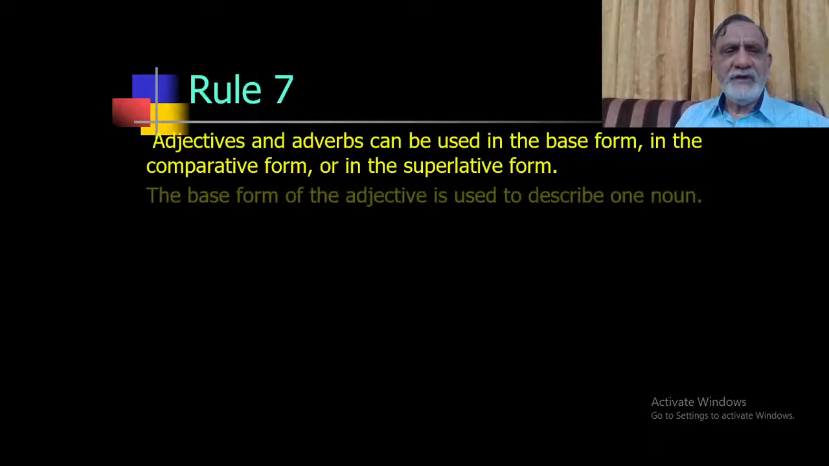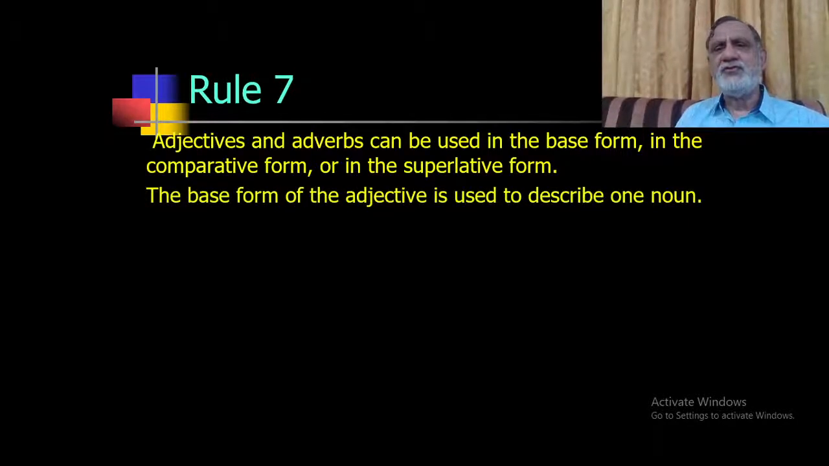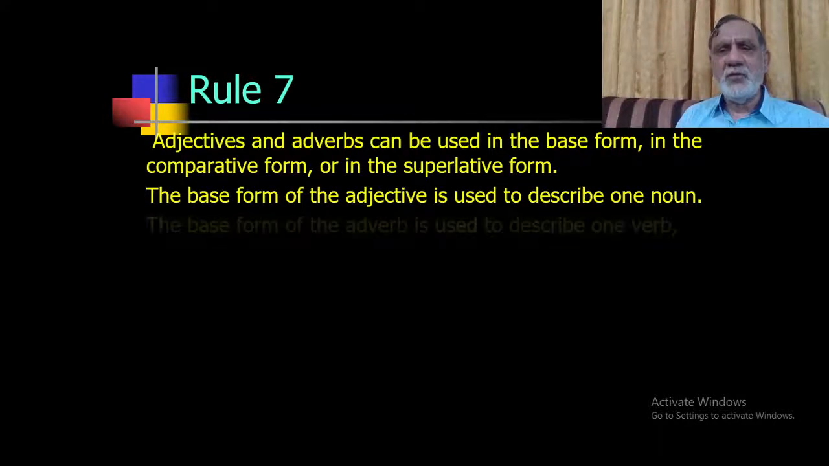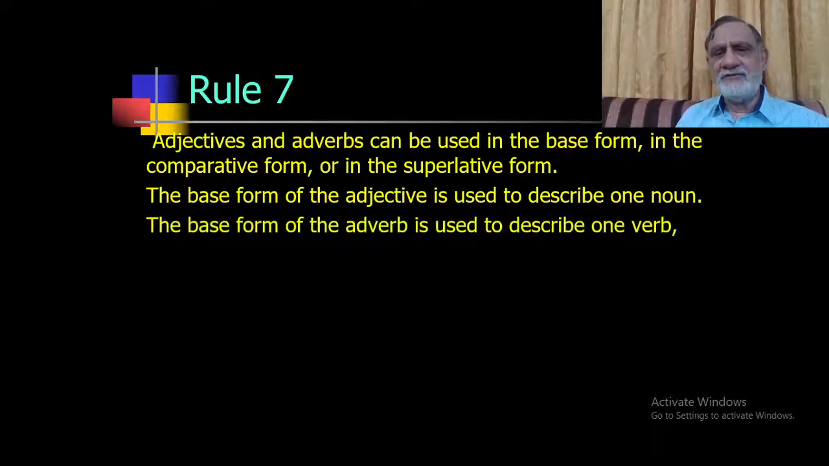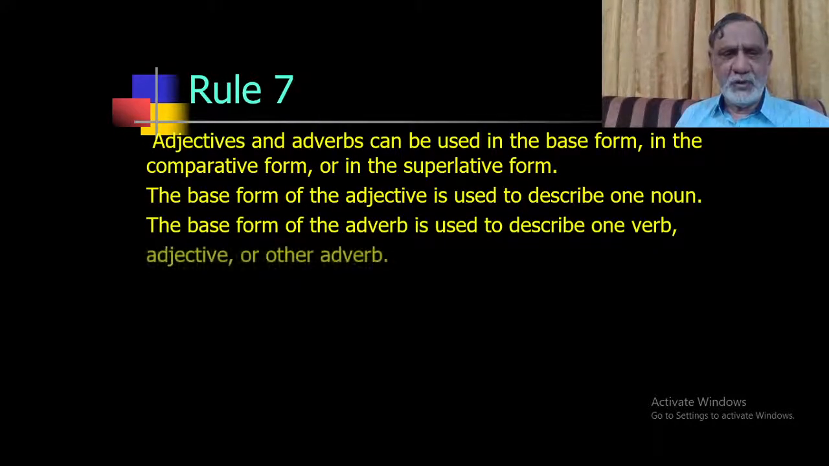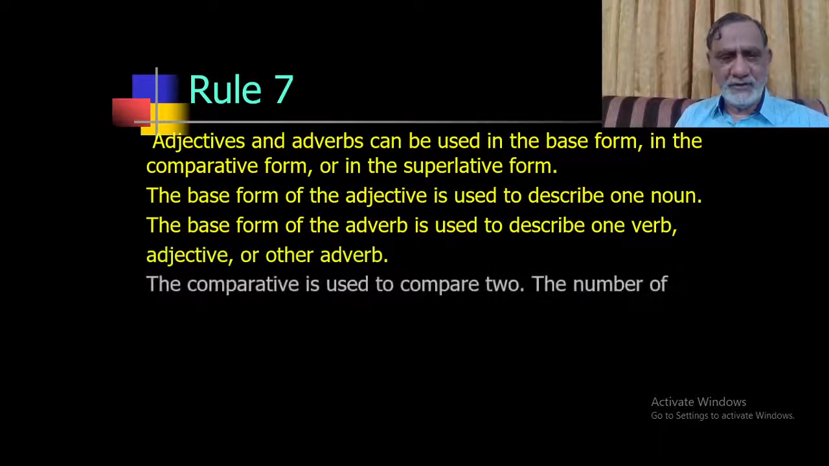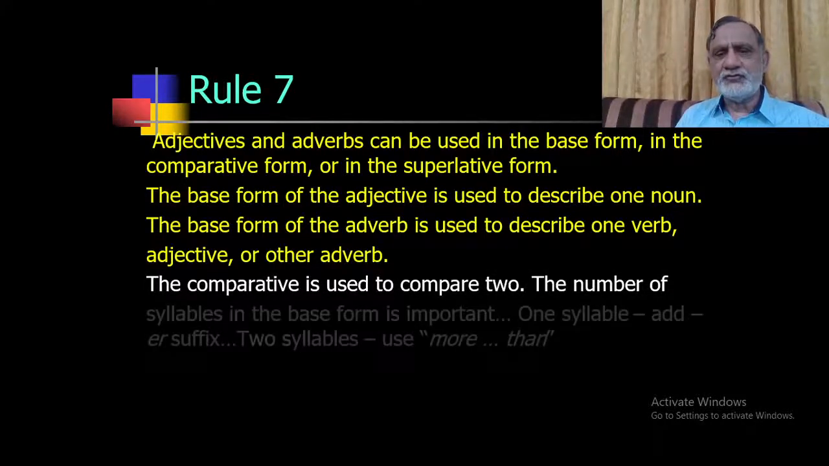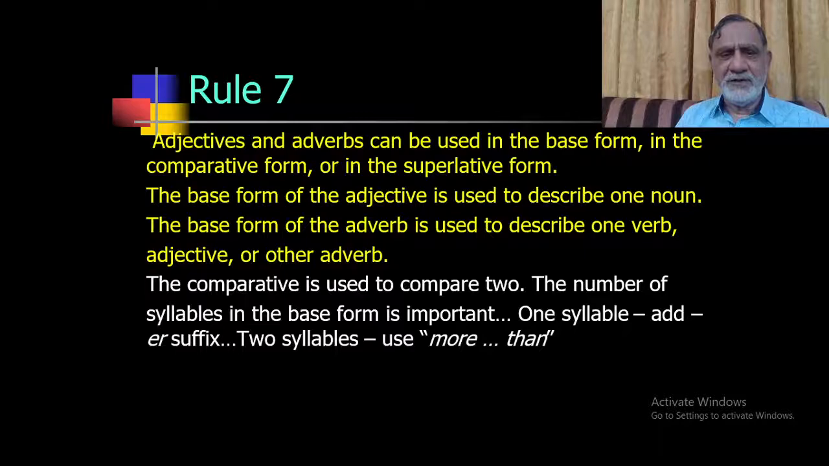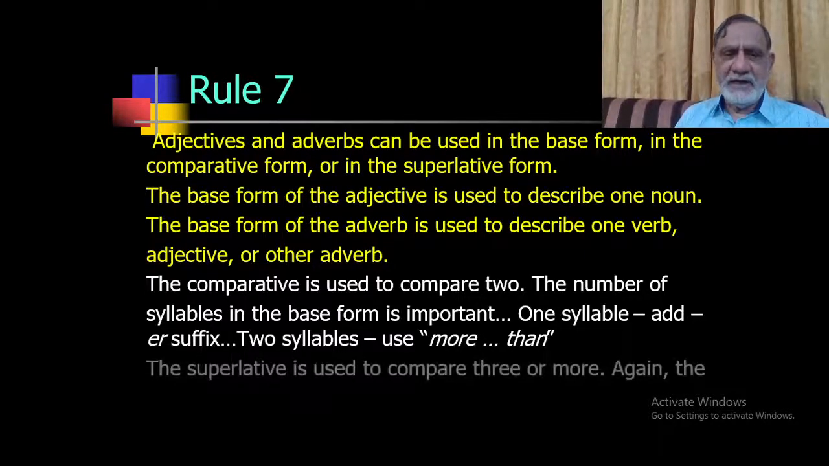Rule 7: adjectives and adverbs can be used in the base form, in the comparative form, or in the superlative form. The base form of the adjective is used to describe one noun. The base form of the adverb is used to describe one word, adjective, or another verb. The comparative is used to compare two. The number of syllables in the base form is important. One syllable, add the er suffix. Two syllables, use more